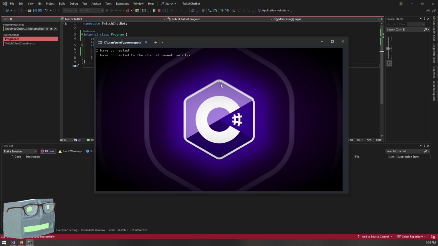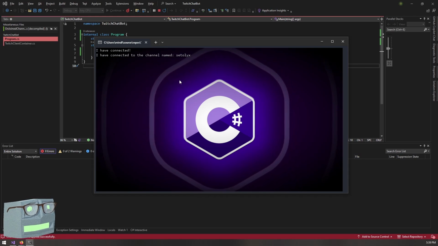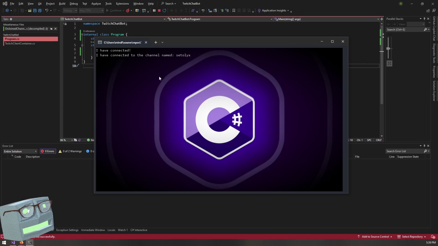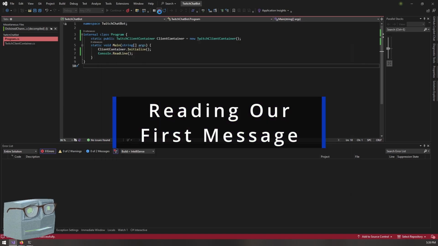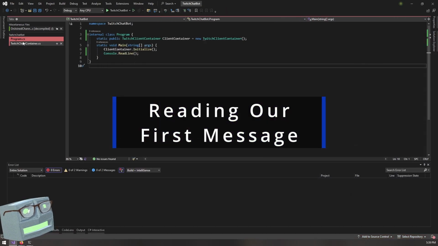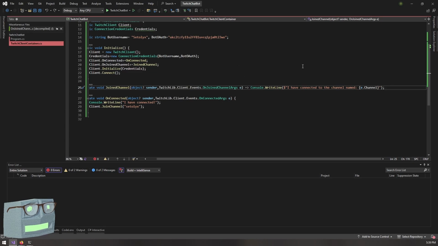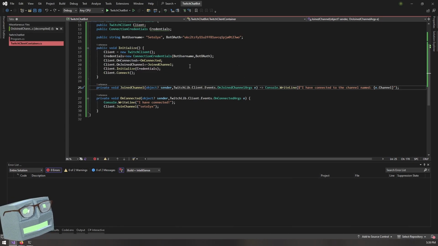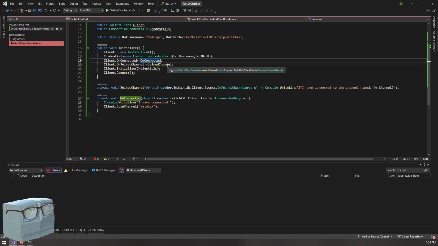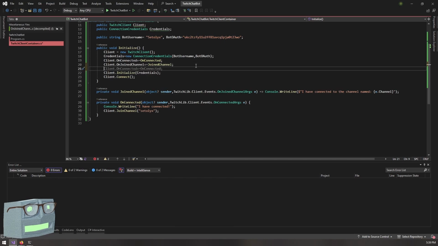Just review the information that I've given you and you will get this. So now that we've connected to the channel and we've verified that that's all working, we can proceed to actually try and read our first message from the channel. So we'll click stop. We'll go back over to our Twitch client container if you did move away from that, and we will add another event listener. So far, we have listened to connecting to Twitch and joining a channel. Now what we're going to do is listen to a